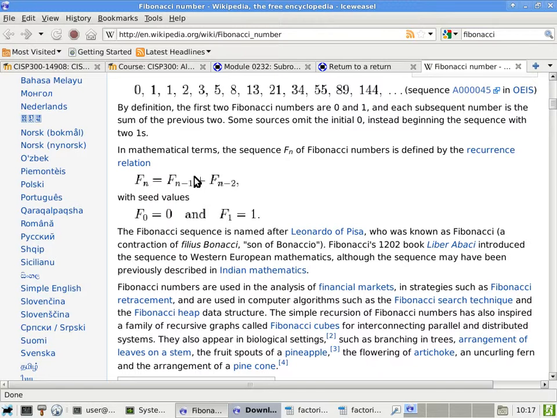But in this case, don't you think the recursive method is going to fit the problem a little bit better? Just because the definition of the Fibonacci numbers makes this more friendly to a recursive solution. So let's go ahead and see how we can code this in pseudocode, and then we'll trace